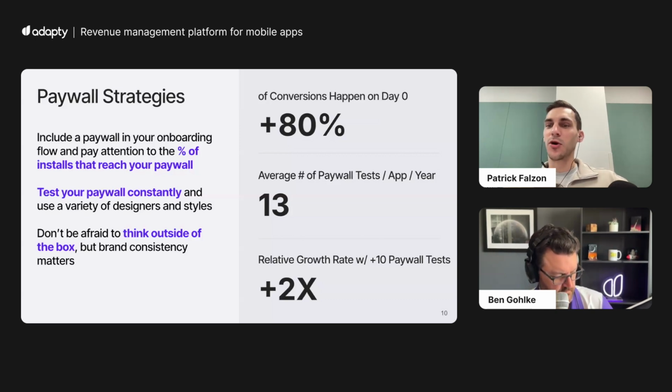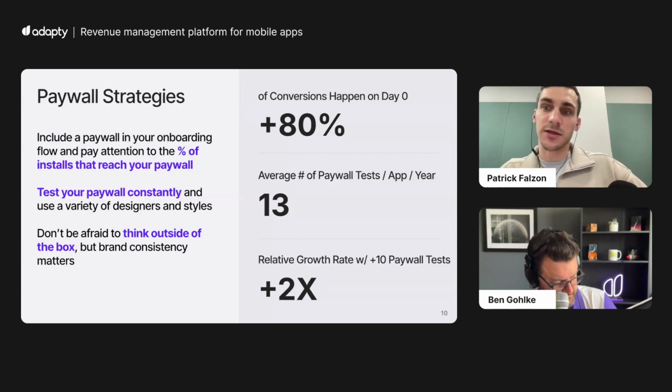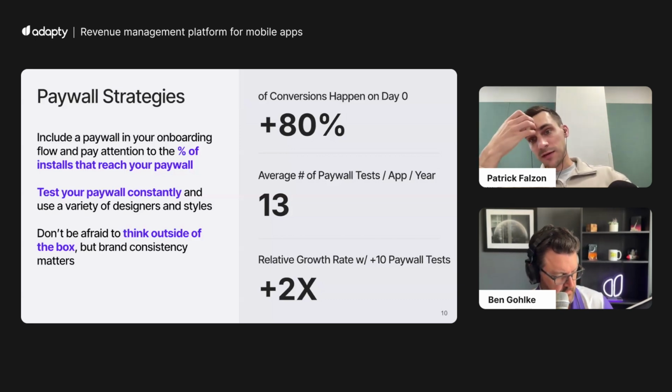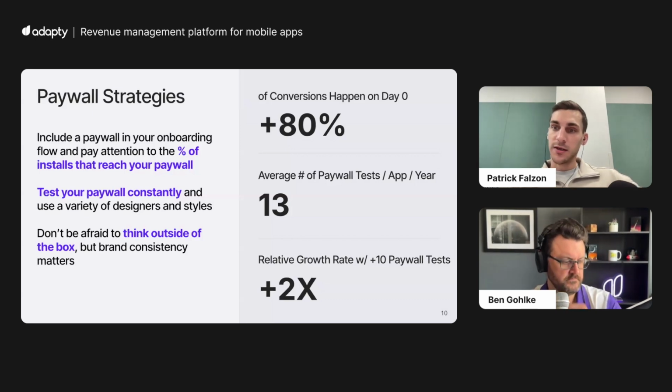So it's hard to always know what users are going to react to. And frankly, some of the winners don't always make intuitive sense, at least to me. So the best way you can overcome those things is to always do a high volume of constant, consistent testing. The other piece of advice I give on the testing front, specifically when it comes to paywall designs,